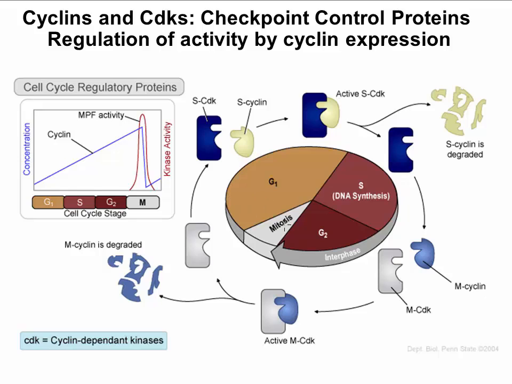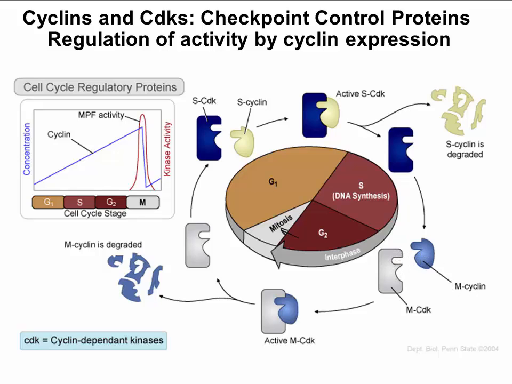Okay, so again, we're focusing on the transition from G2 to mitosis. So this checkpoint right here, where the cell is checking, is DNA replication complete? Has DNA repair been accomplished? Is the cell big enough before moving on and actually dividing up? So what we see sort of diagrammed here is the CDK that controls that progression to mitosis, so what might be referred to as the mitotic CDK, and then the regulatory cyclin that is going to bind to that mitotic CDK, so the mitotic cyclin.